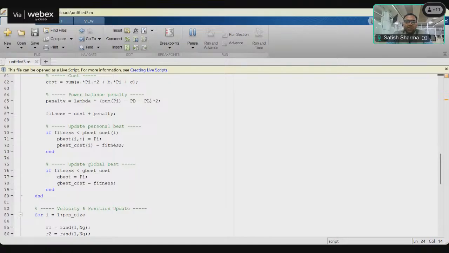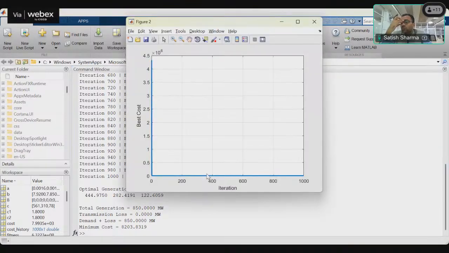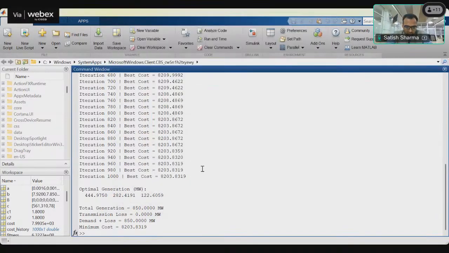That is because the initial solutions, the particles which we have created initially, if they are far away from our optimal point, as I explained here,